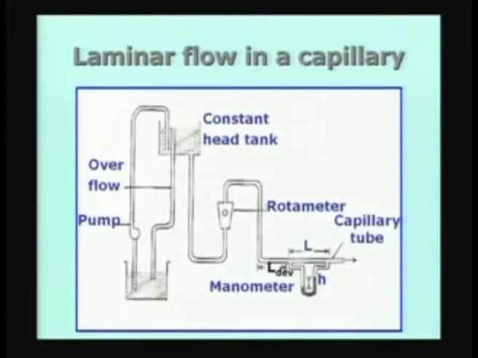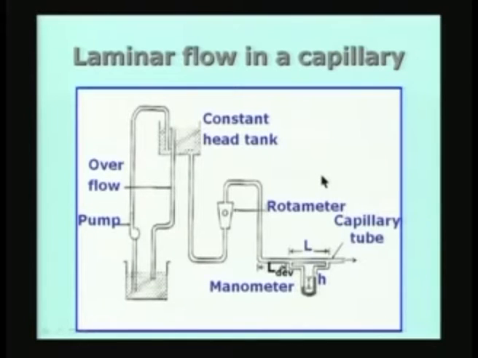So, what we will do is we will assume that somehow we are able to maintain the velocity to a value such that for a given fluid whose viscosity we want to measure using this apparatus, the Reynolds number is less than the critical value. If it is not less than the critical value, we will have to adjust the flow rate such that it comes below the critical value. So, this I will make clear when we take up the example.